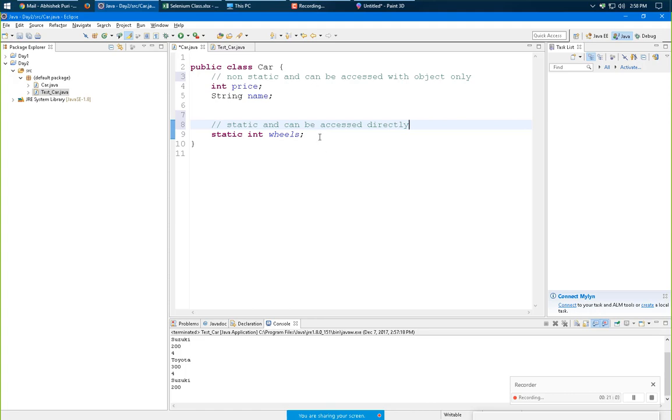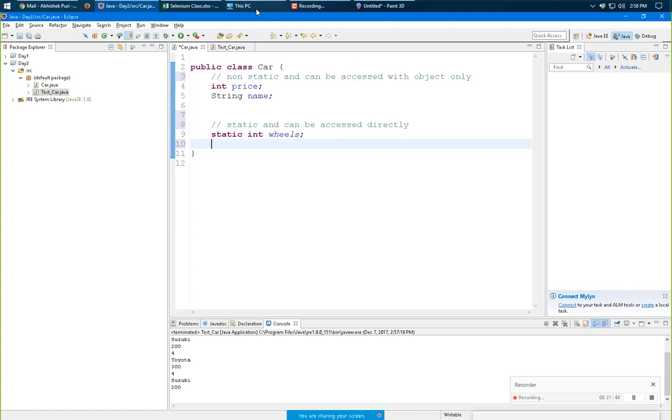Every car has a horn, so why mention it every time in an object? Why waste memory? We can use the things that are common, like the number of wheels is always the same. Every car has a steering wheel, every car has 4 seats. These are some things which don't change, be it any manufacturer's car or any model of the car. So why waste space? Now the concept is that.